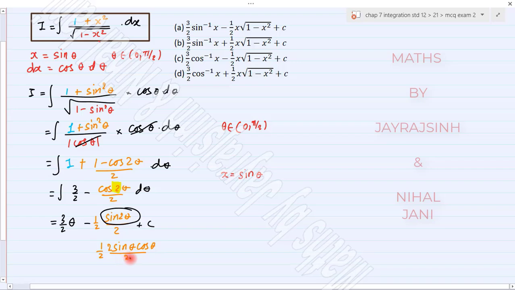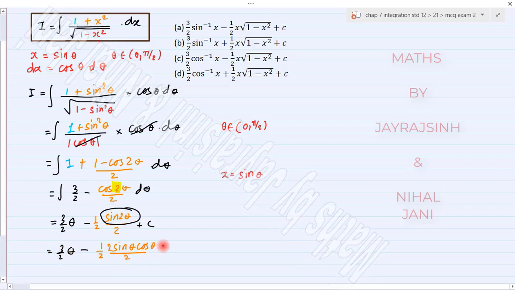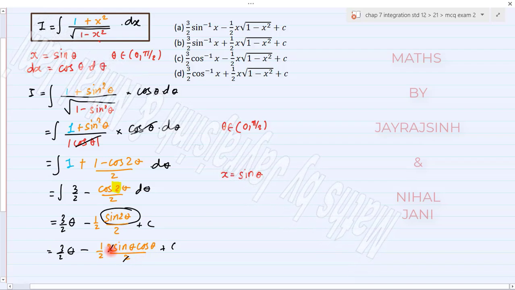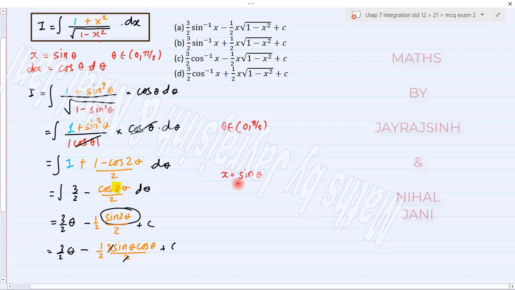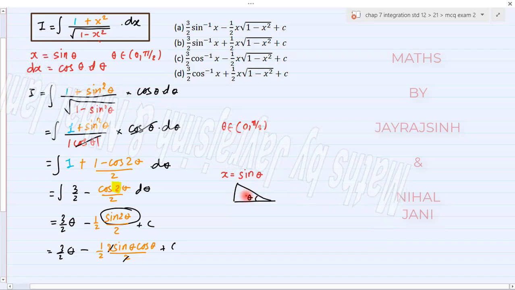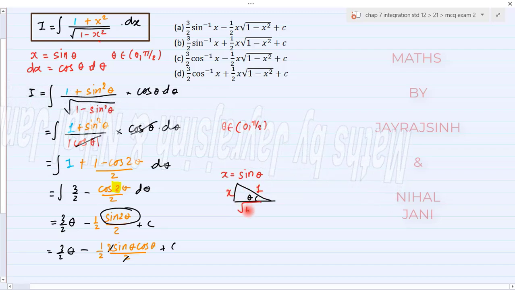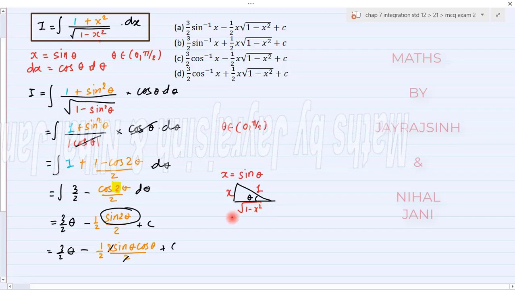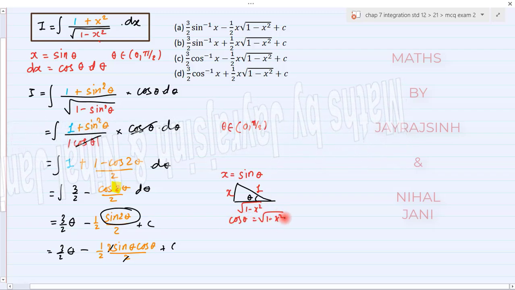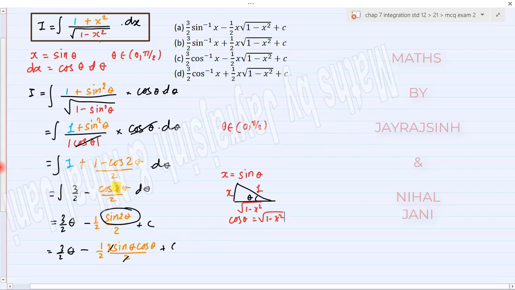1 by 2 upon 2 and minus 3 by 2 theta will be as it is. This 2 will cancel out. We need the value of cos theta, and for that, let's use the triangle method. Suppose this is your theta. So opposite upon hypotenuse will be x upon 1 and adjacent will be under root of 1 minus x square. So we can get cos theta is equal to under root of 1 minus x square. Substitute the values. You will get